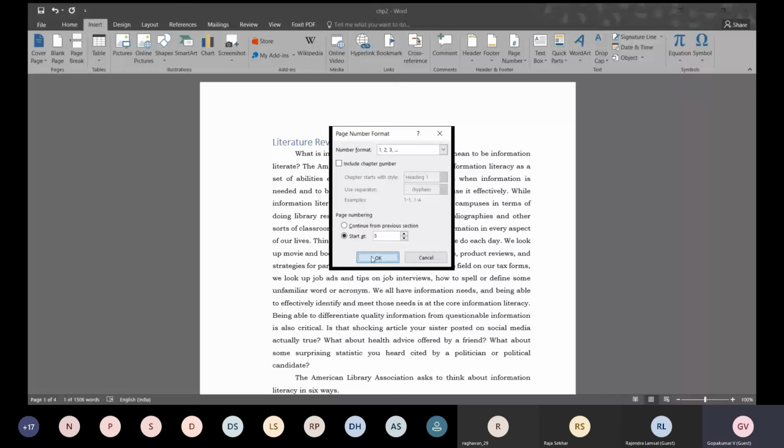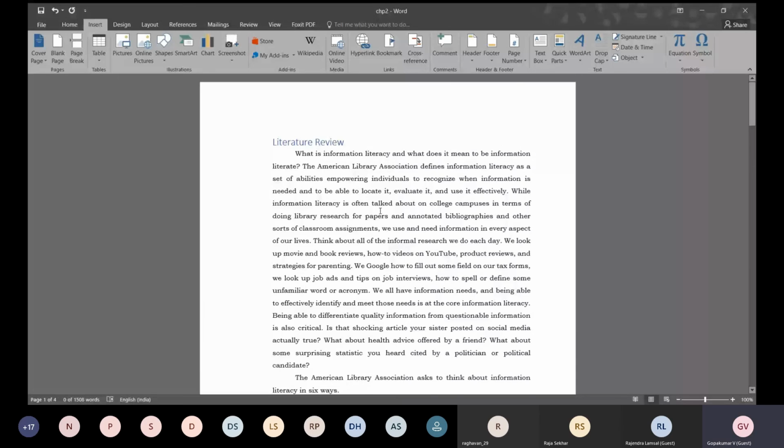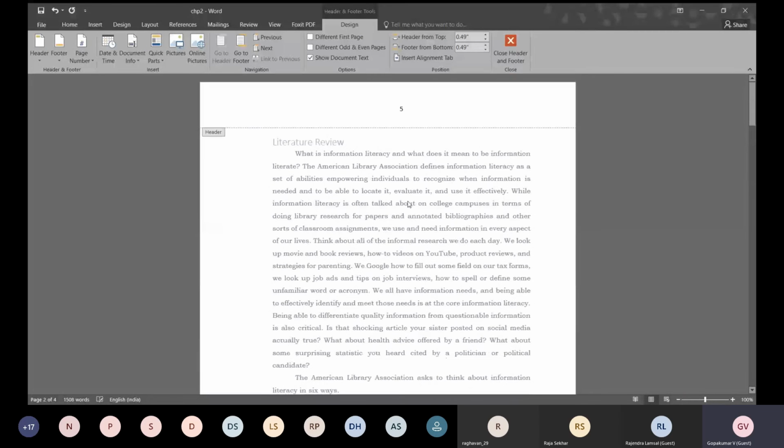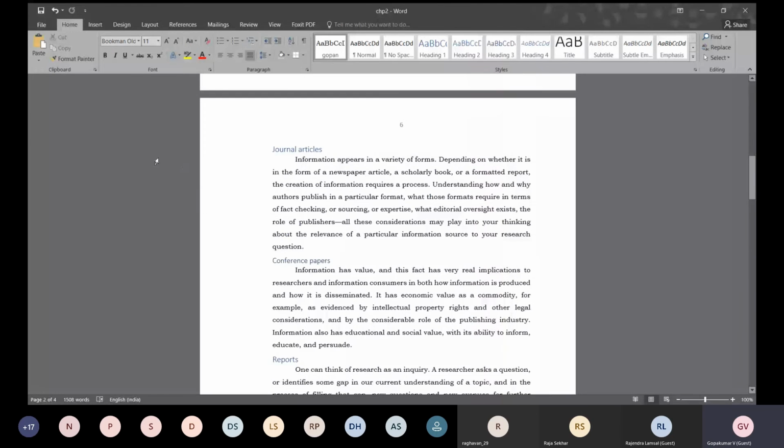5 is not shown. So first we have to insert the page number where it should appear. Top of the page. You can see here the page numbers have come up. So this is starting from 5, 6 like that. And we have assigned the headings also. And now I will save it.